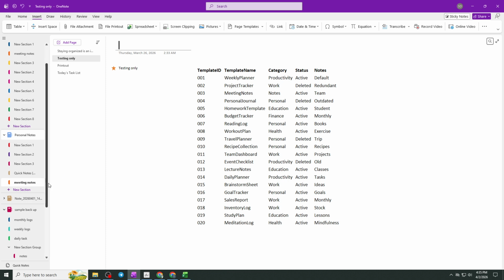If you move it, check the original notebook to confirm it's gone. If you copied it, open the destination notebook to verify the duplicate section is in place and all pages and content have transferred correctly. And that's all there is to it. By using this simple method, you can efficiently move or copy sections between notebooks, helping you stay organized and making